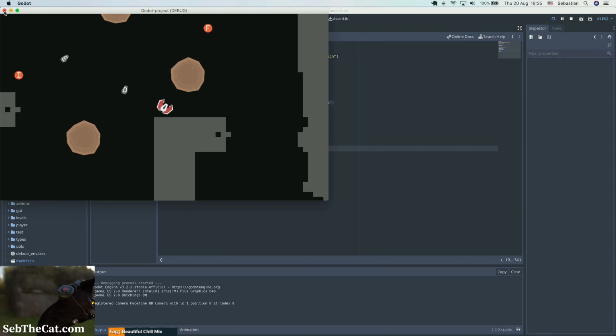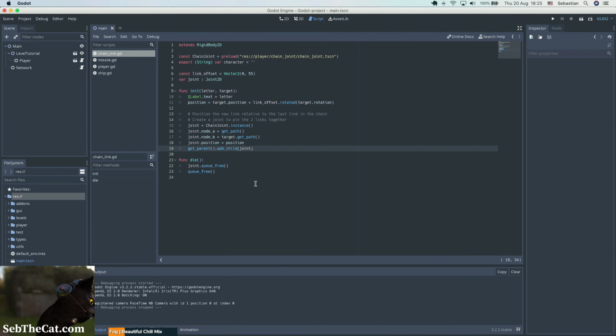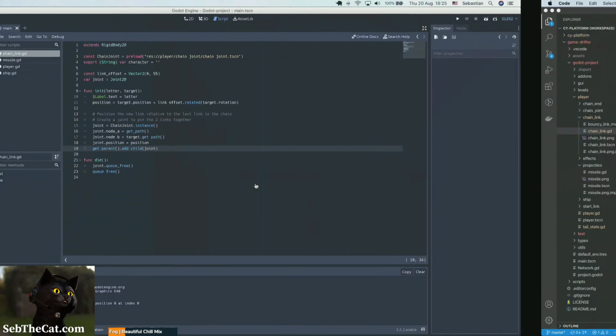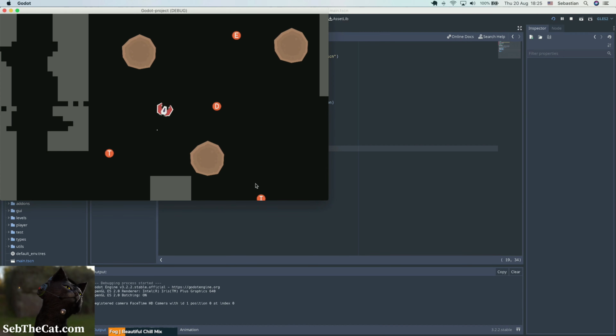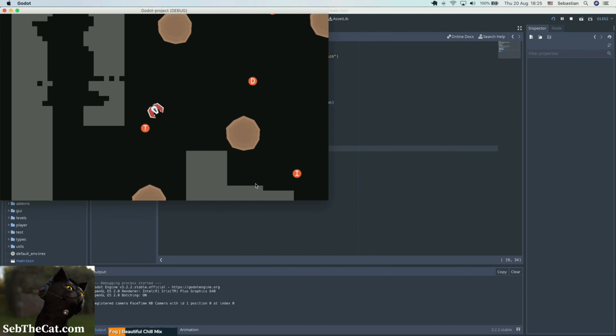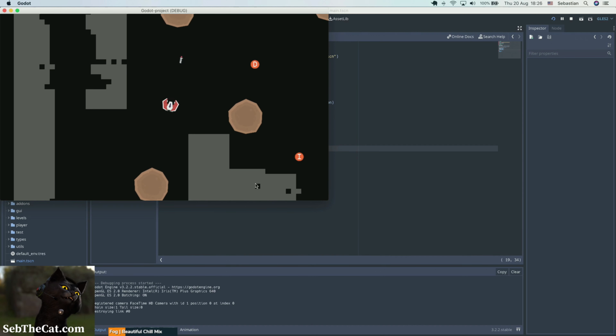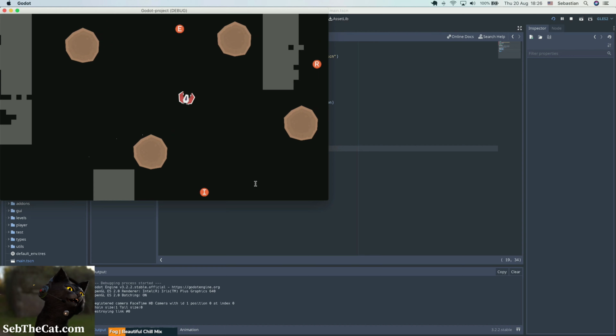Something to do with the joint position. Huh. Okay, well, let's see. I forgot to shoot then. If I shoot, it works. Okay, so